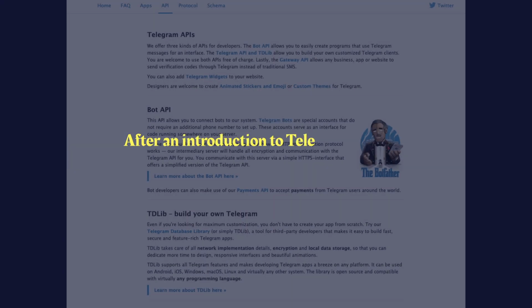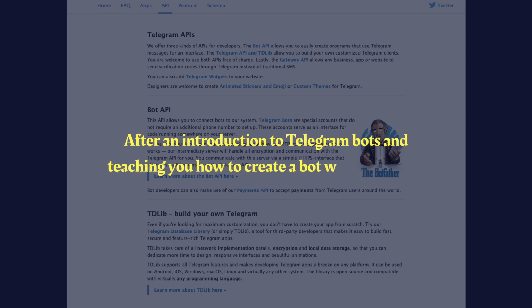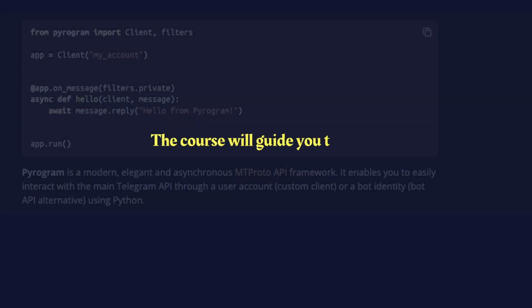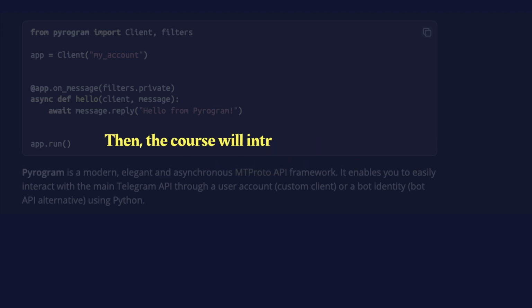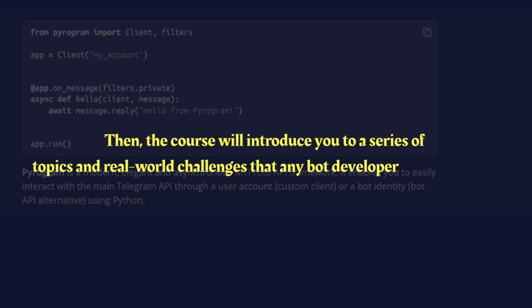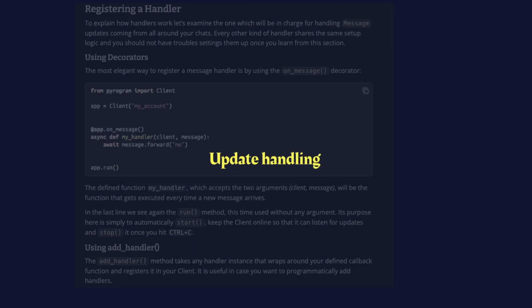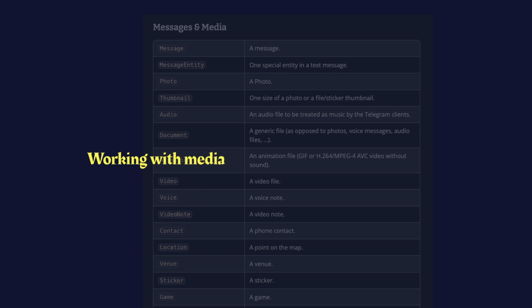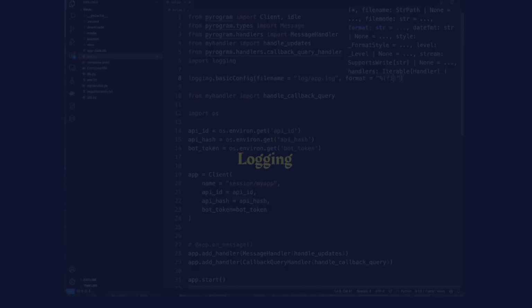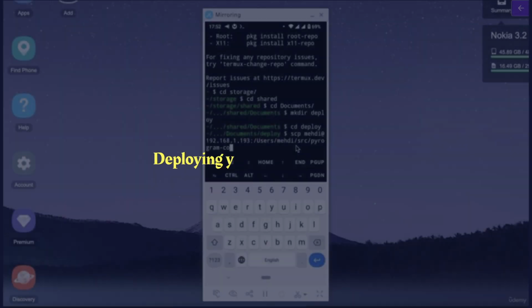After an introduction to Telegram bots and teaching you how to create a bot with BotFather, the course will guide you through creating a basic Telegram bot using Pyrogram. Then the course will introduce you to a series of topics and real-world challenges that any bot developer must deal with, including update handling, update filters, connecting to databases using the famous SQLAlchemy library, state management, keyboard markups, working with media files like photo, video, audio, etc., debugging, creating user bots, logging, using a proxy server, deploying your bot to